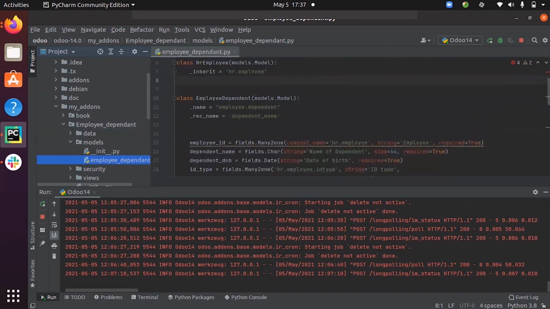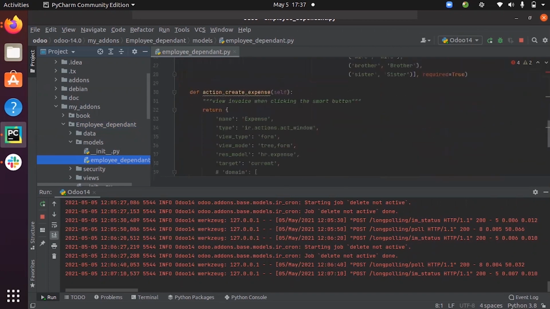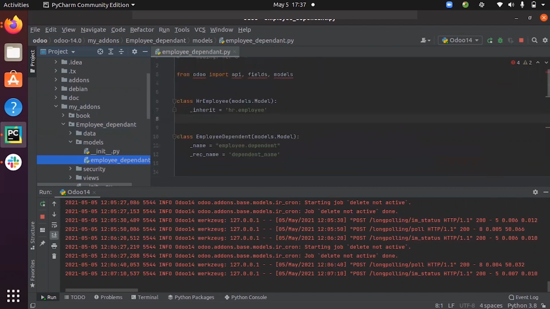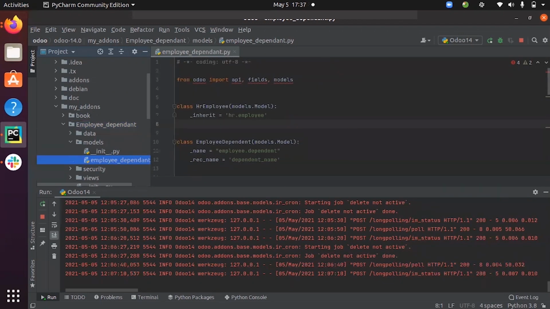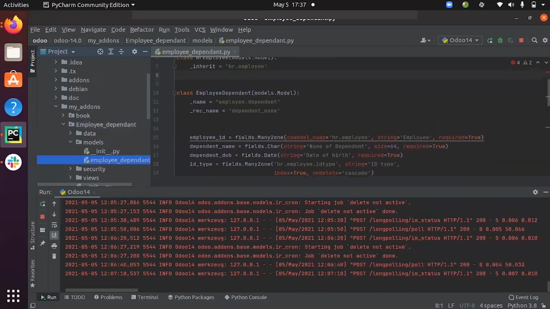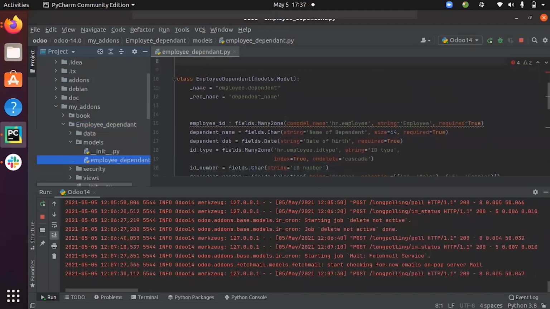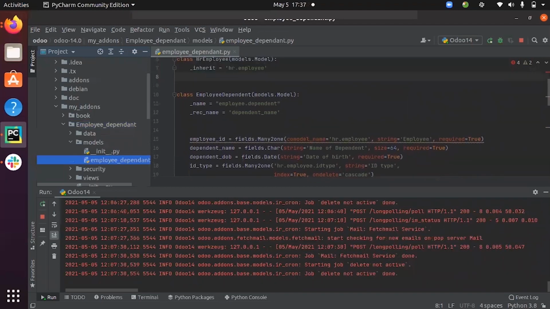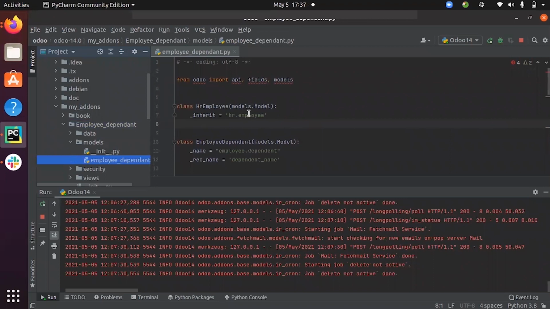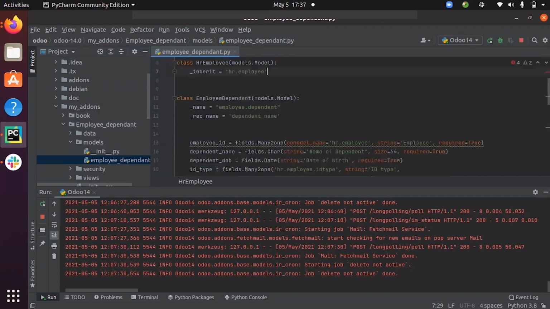After defining the model by adding the fields and functions, you have to set access rights for these models. If you have inherited a model, no need to set access rights as they are already set. But if you want to make any change to access rights, or give new access rights to that model, then you can add them. Otherwise, no need to set access rights.